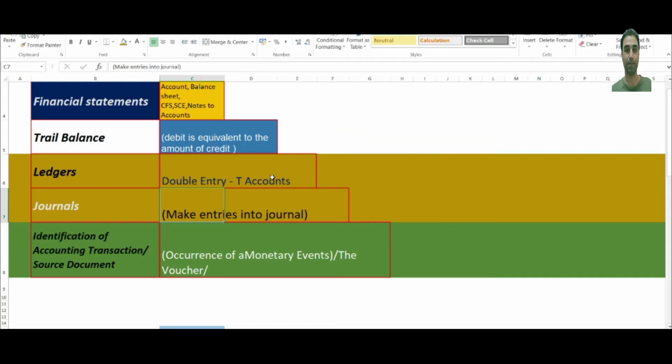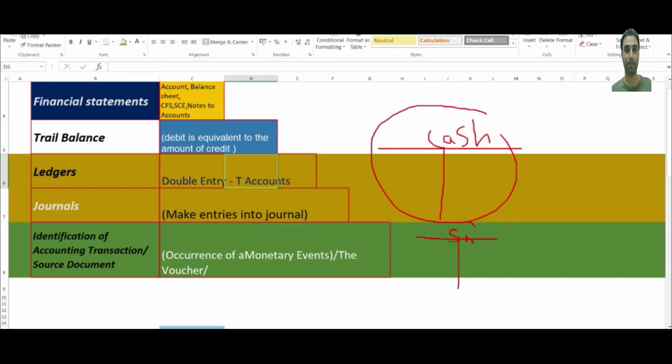But as far as these T accounts are concerned, this is like this. This is what we call a T account. As far as a T account is concerned, it is separate for each account. Suppose cash will be a different account, and cash sale will be a different account. So all the cash record you can get from there and all the sales record you can get from here. So it is one step forward